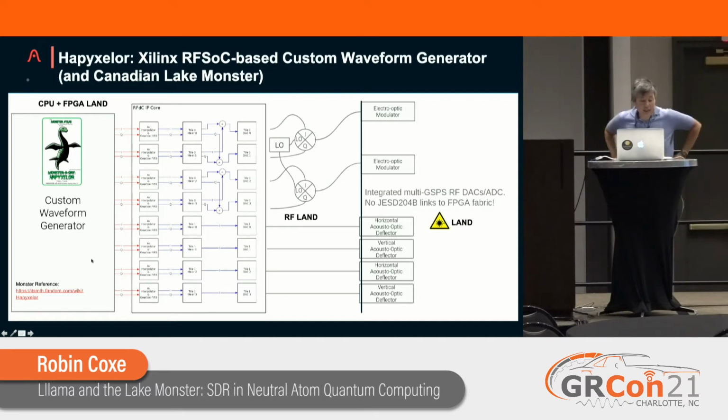And we've implemented a custom waveform generator in the programmable logic and in the ARM core of the RFSoC. So the AWG is in CPU and FPGA and RF land, and these EOMs and AODs transition to the lasers to manipulate the atoms